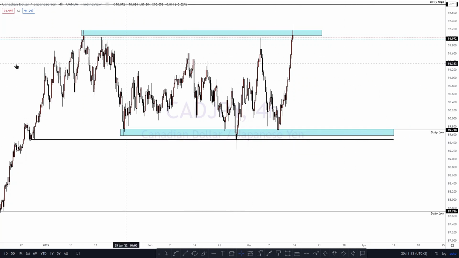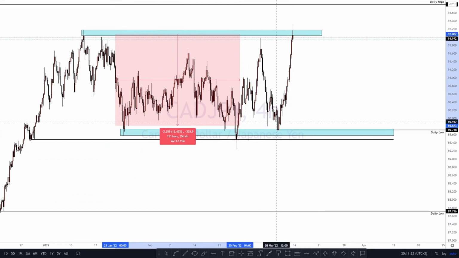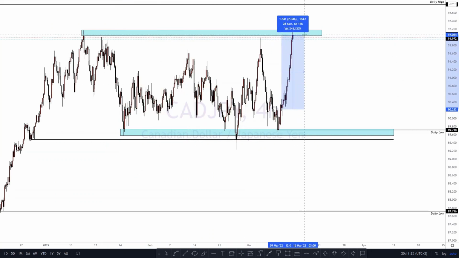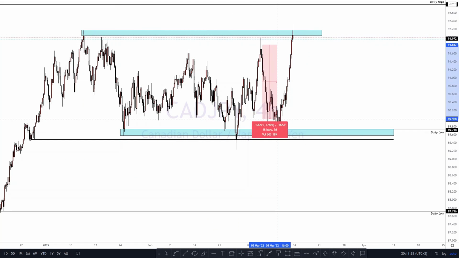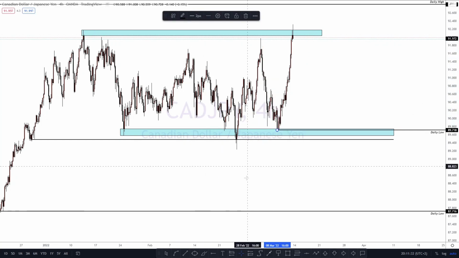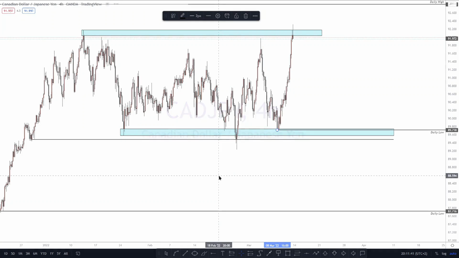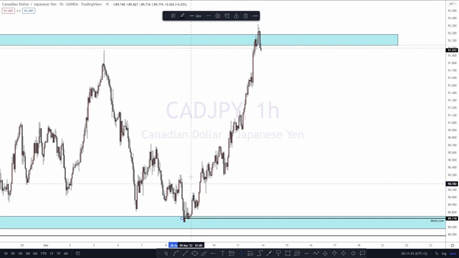and go to the upside again, because we have been ranging since Jan, but it's a very tradable range, which is like 200 pips. So this move on its own was like 180 pips. The move to the downside was like 190 pips or 200 pips. So these are the type of ranges that you can get and make money from. So that's it. Then let us move to 1 hour, just see what 1 hour will be showing us.